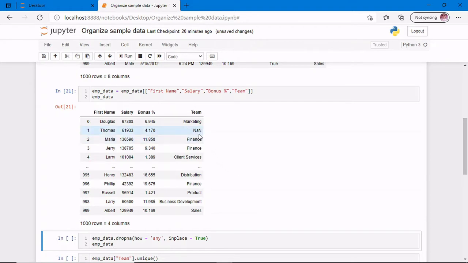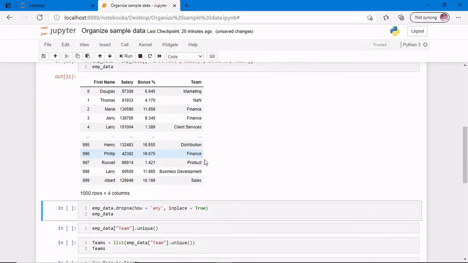Now you can see that in team there are some null values where the filling has not been done properly. So the rule is I have to eliminate these rows altogether and these will be corrected next time. So how do I do that? I use a method called dropna, which is available on the data frame I just read, called empdata. The arguments that I pass inside this are how and inplace. how equals any means if there is a null value in any one of these columns, I need to drop that whole row, and I need to transform this data frame in place.